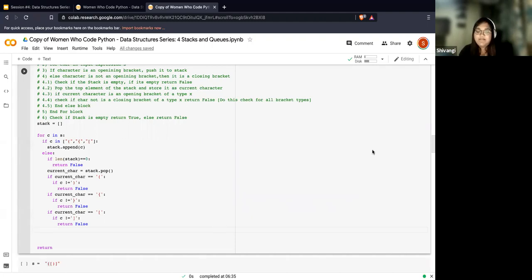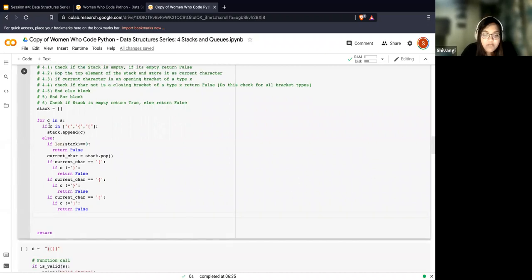So we'll get to that eventually. So now this for loop is done. Every time I get a closing bracket, I'm going to pop things from the stack, and then I'm going to check if it's in correct order or not. And every time I find an opening bracket, I'm going to push things into the stack. Is everyone clear with that so far?